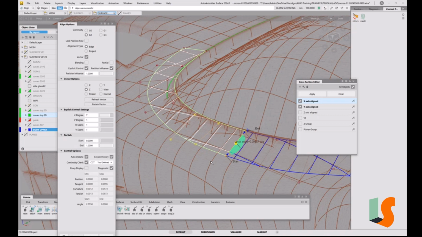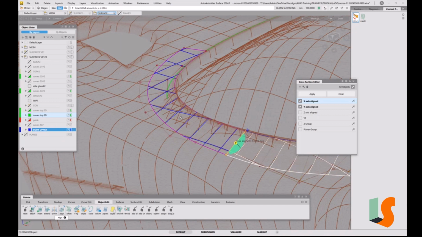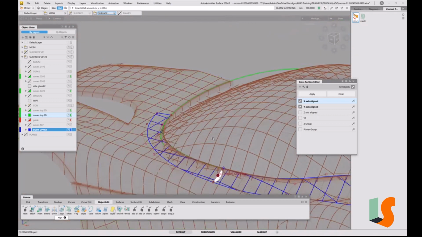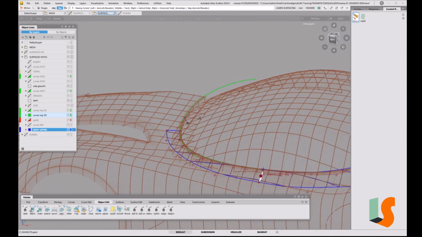I've got create history on there, so I could just roughly move that around, just so the sections come a bit closer there, but I'm not going to worry too much. I just want something that's rough as anything around this area. Now in the center,